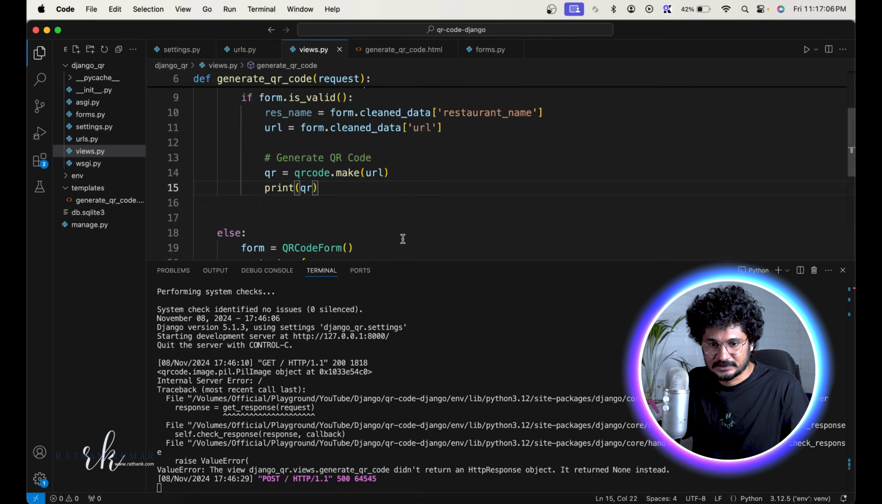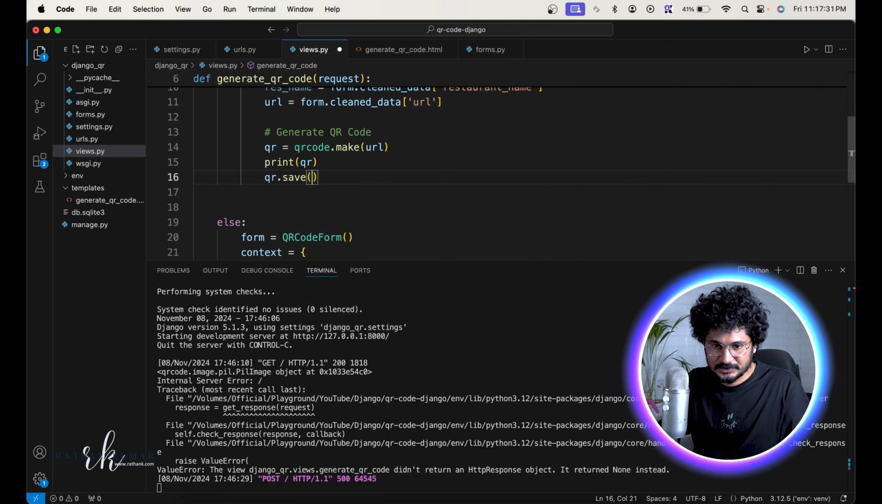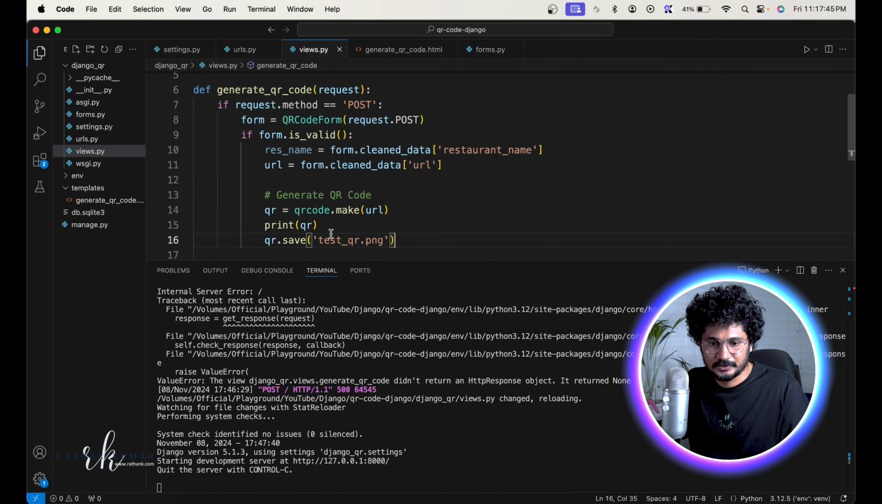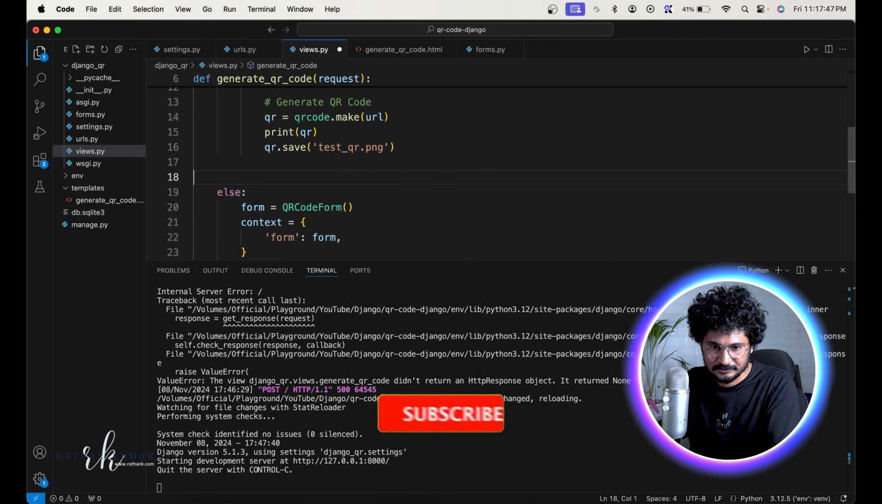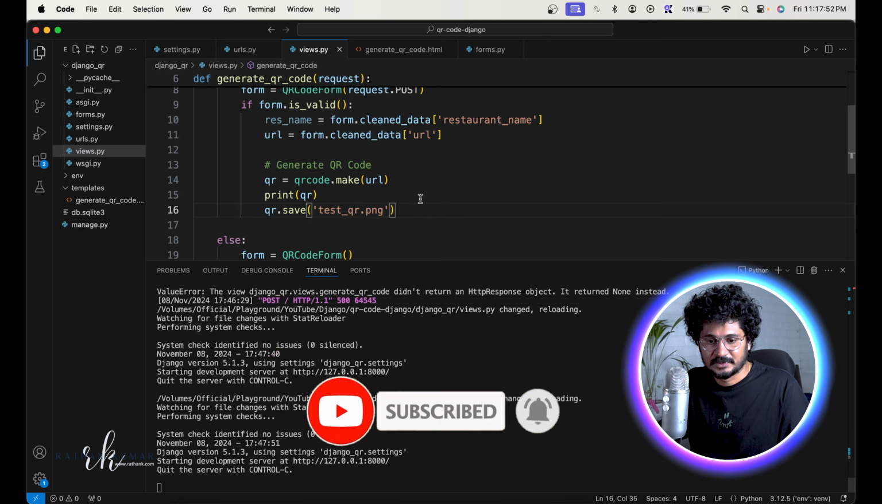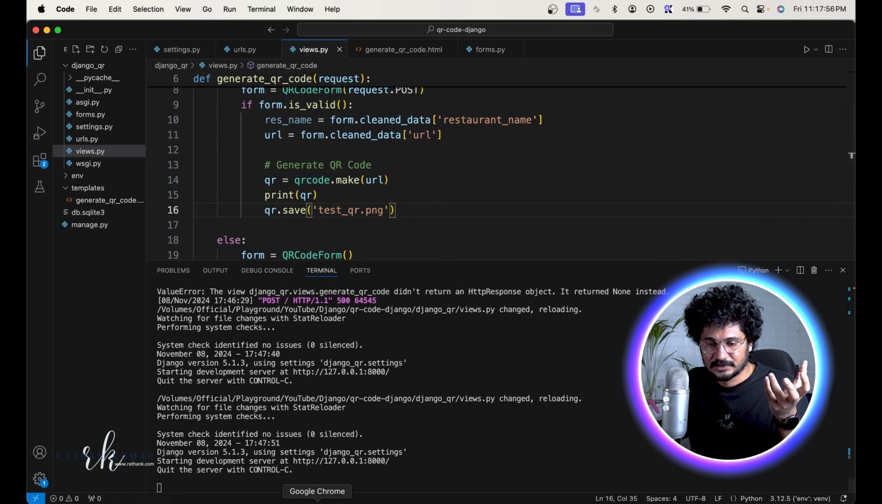Okay, so let's say qr.save, and we want to give a file name, right? Maybe test qr.png. Okay, test qr.png, and of course this will be dynamic. Because we are not going to use anything static here. So always go with the dynamic naming convention, but just want to show you how this will generate a